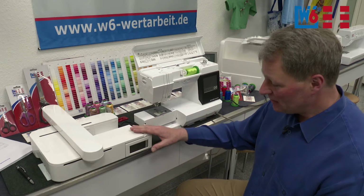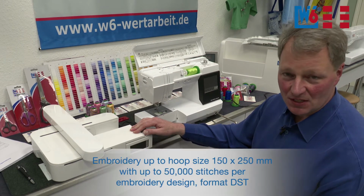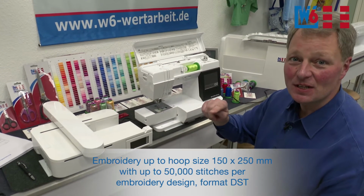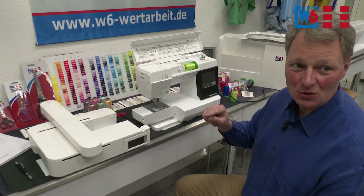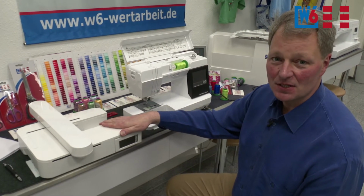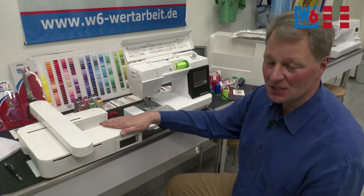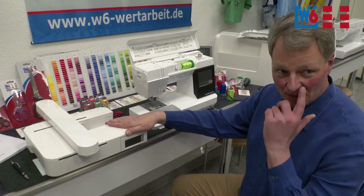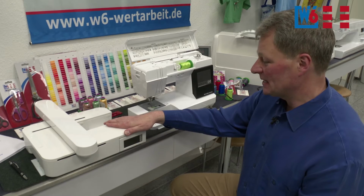We can process up to 50,000 stitches per design with this embroidery unit. This also applies to the smaller machines. These smaller machines are just not suitable for the biggest hoop size. The file format the embroidery unit processes is the format DST. So if you ever want to read in external files via the USB port, it's very important that they are